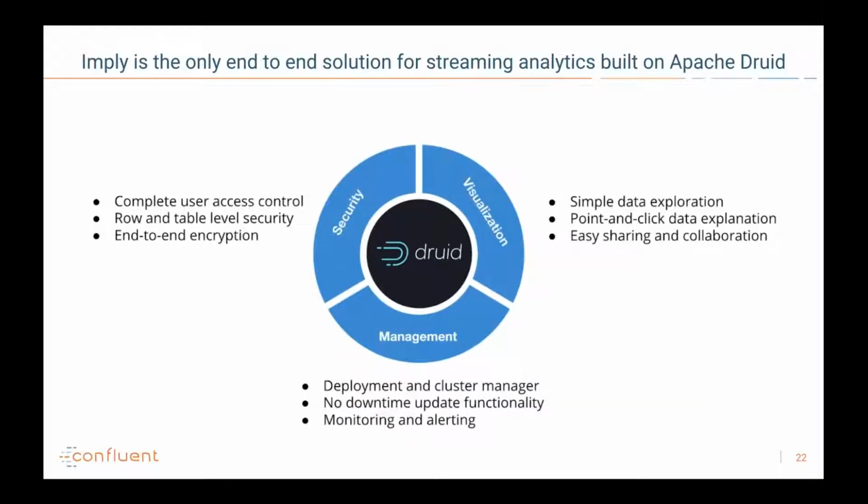So Imply is the only end-to-end solution for streaming analytics built on Apache Druid. And in the 20 years or so that I've been implementing data warehouses for people, it's always the same problem. You go in and talk to somebody about a database and you get the data people really excited about different types of indexes or new join strategies. But then you have your end users, and your end users still need their questions answered, and they still need their questions answered fast.